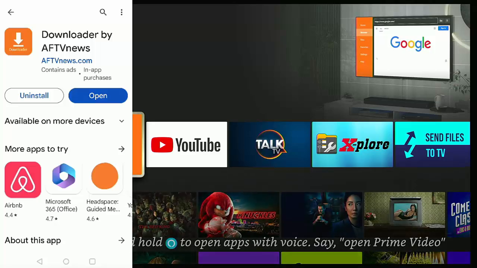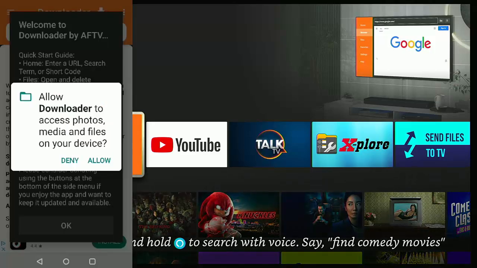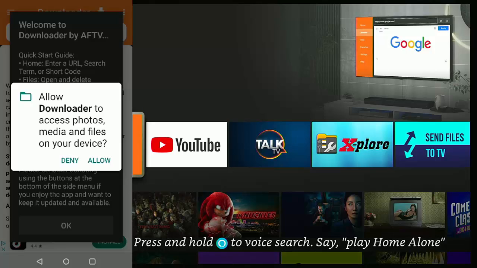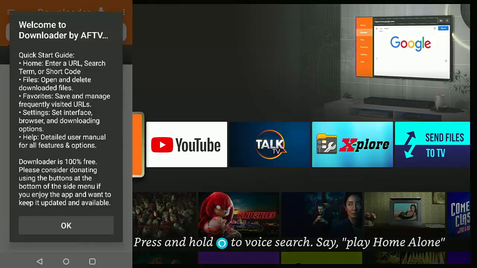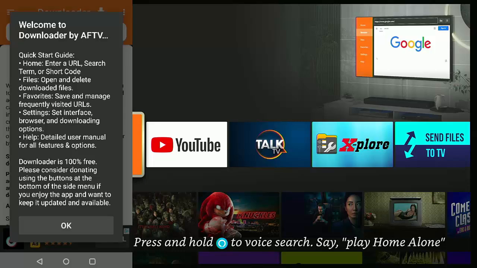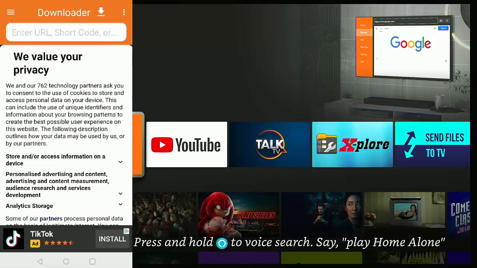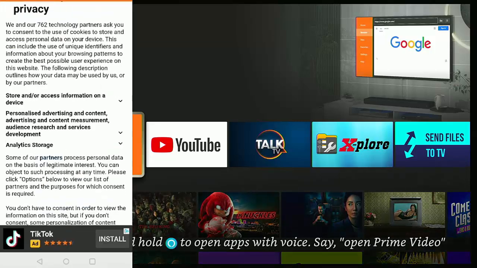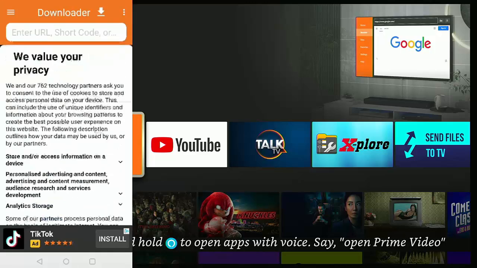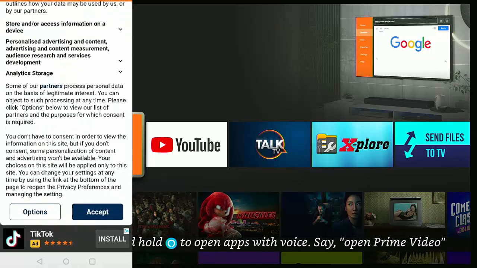So just tap on open, and then it asks you to allow Downloader to access photos, media and files on your device. You must allow this, otherwise Downloader isn't going to work. So tap allow, and here you've got a welcome guide. So tap on OK, and you've got a little privacy thing here, so have a look through that, and if you agree to it,